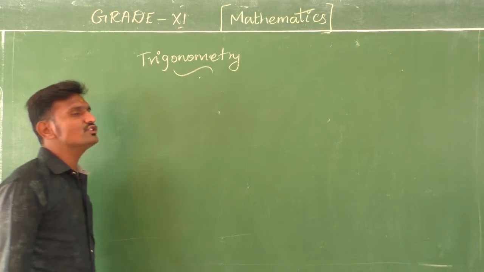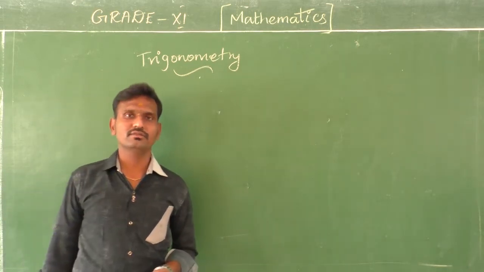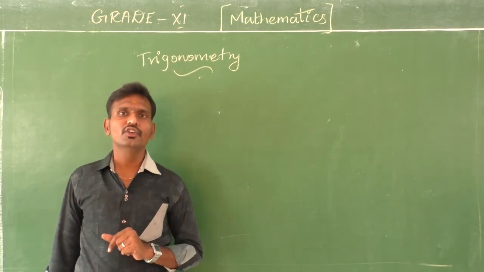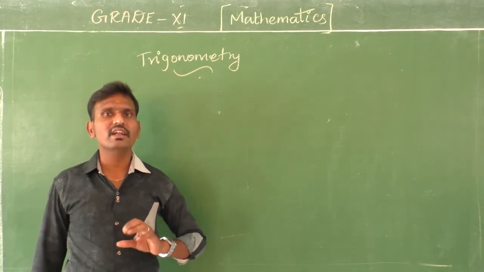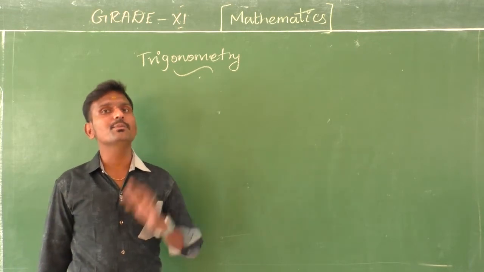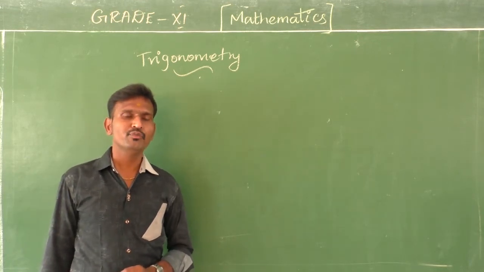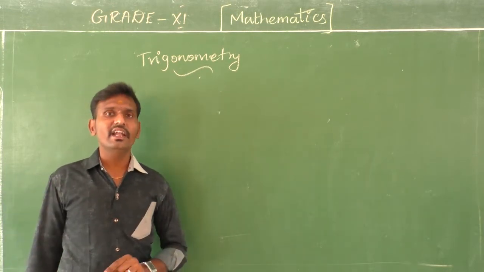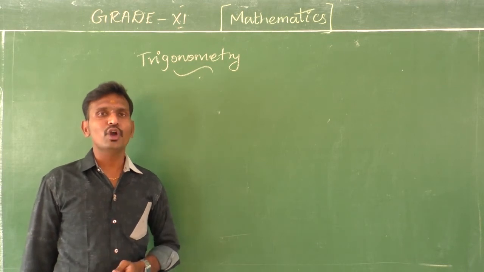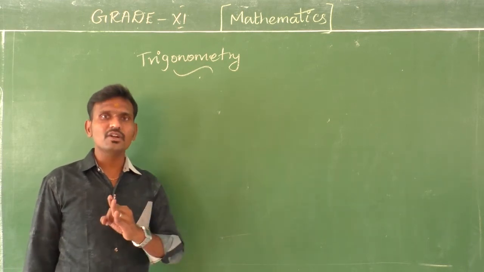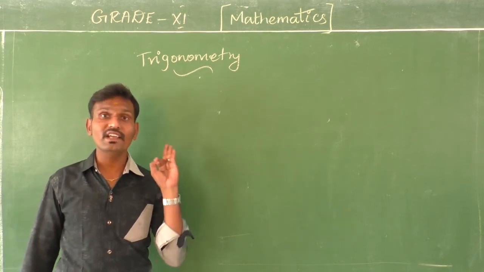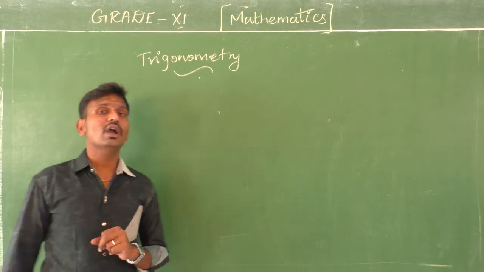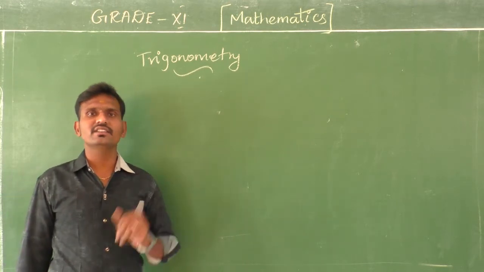Okay. Before that we should recall the formulas. And before that I want to say a short note on trigonometry. Trigonometry is a very big, very easy and very important topic in your studies. This is the one and only trigonometry chapter in your 11th grade, and if you go to the 12th grade, you have 6 units based only on trigonometry. Totally 13 chapters are there in grade 12, so from the 13, nearly 6 chapters are based on this concept.